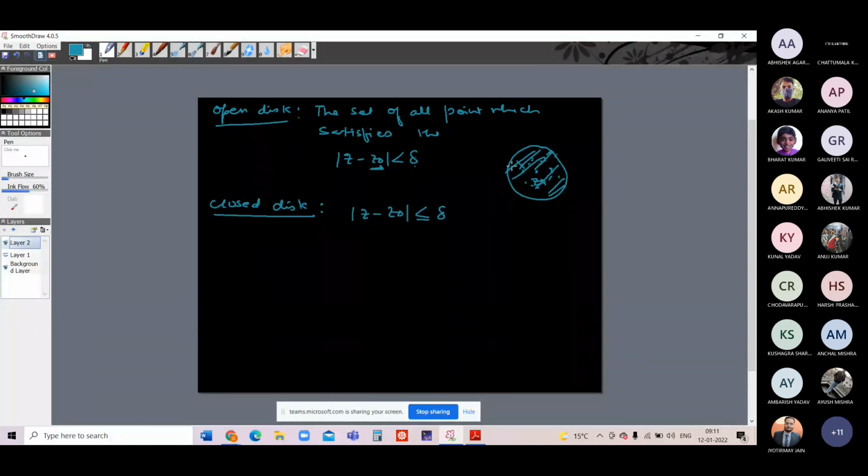If, along with the open disk, we include the points lying on the boundary of this circle |z - z0| = delta, that is, the points on the boundary and the points inside, then this disk is called a closed disk. So all the points satisfying |z - z0| <= delta are called a closed disk with center z0 and radius delta. Okay, next is